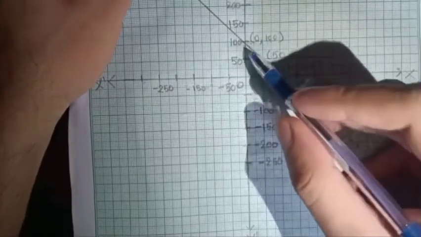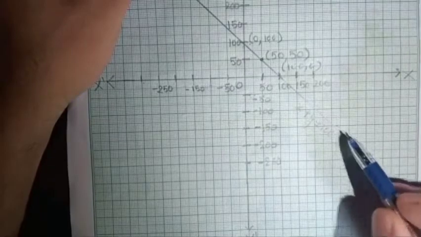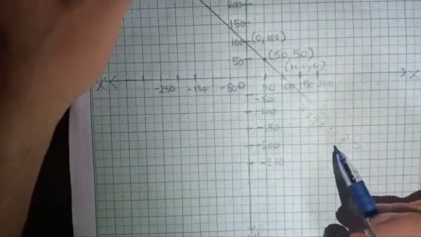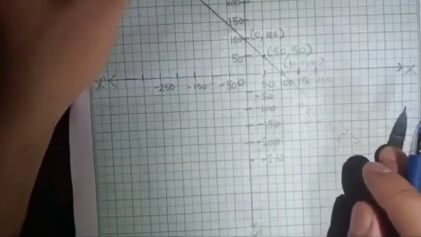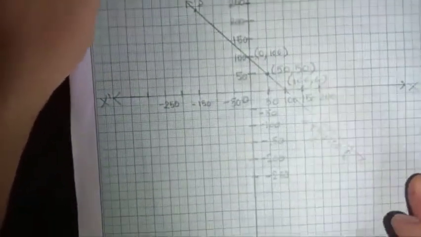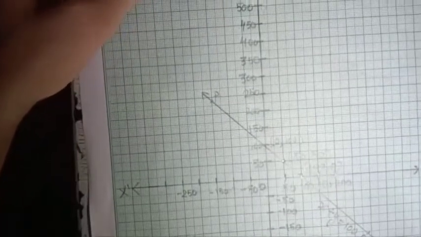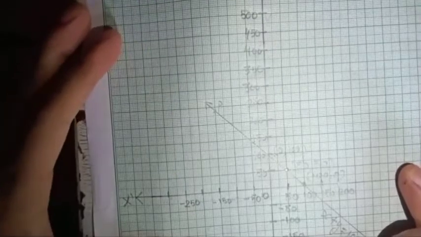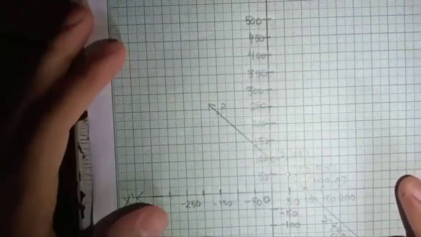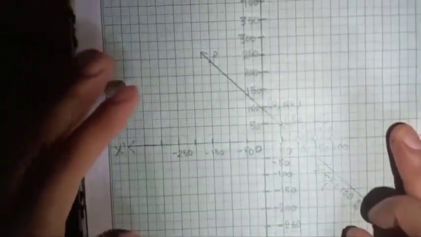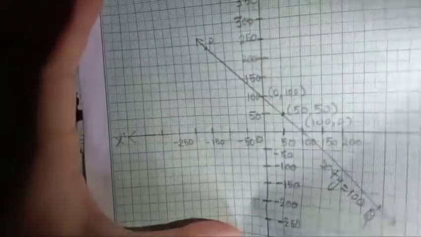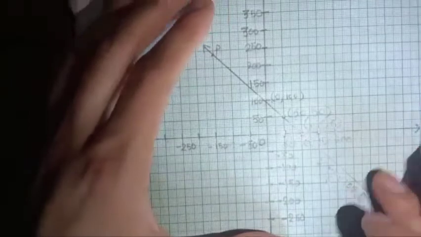All these points are joined together with the help of a straight line, and this straight line will represent the equation x + y = 100, and this will be the required graph of the linear equation. So in this way you can solve all these types of questions easily, and you just need to understand the question and form an algebraic linear equation in two variables. So practice all these questions and complete your fair copies.